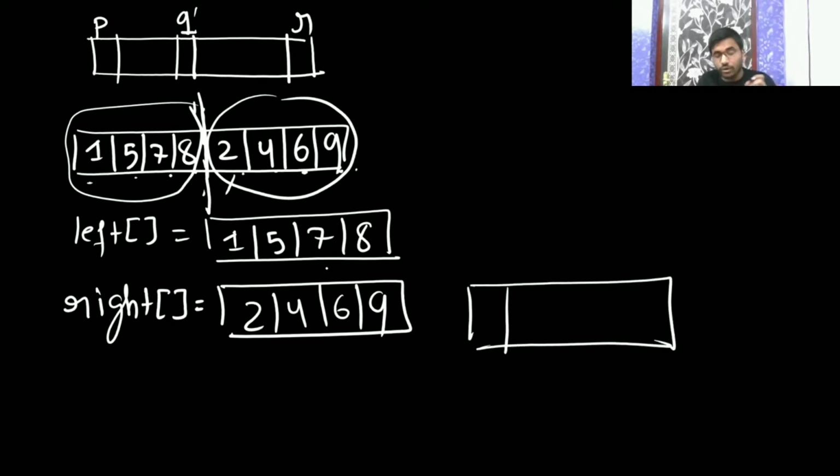Merge is going to call two functions. We can only call the merge function when we have two sorted lists. So whenever they give you an array in such a way that the first half is sorted and the second half is sorted, I will first create two arrays, left and right, such that left is sorted and right is sorted. Now I will merge these two. Merge is one function which is not going to return anything, it is going to merge only. So the return type is going to be void.